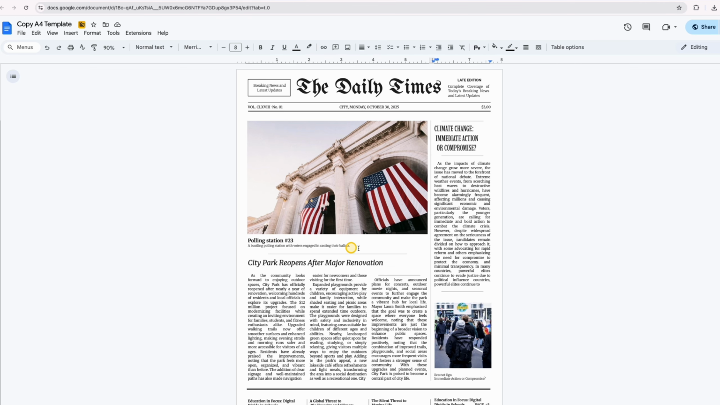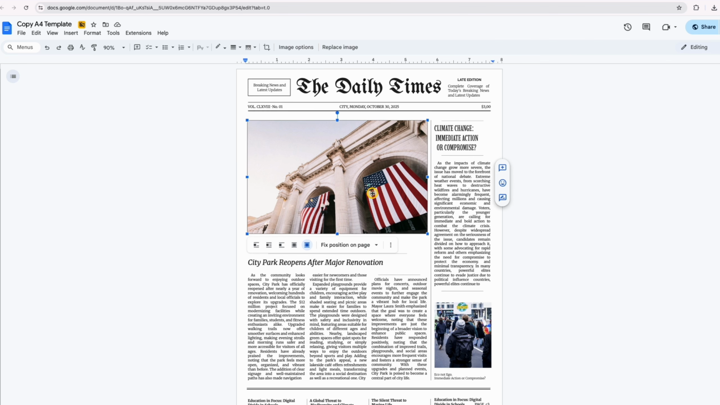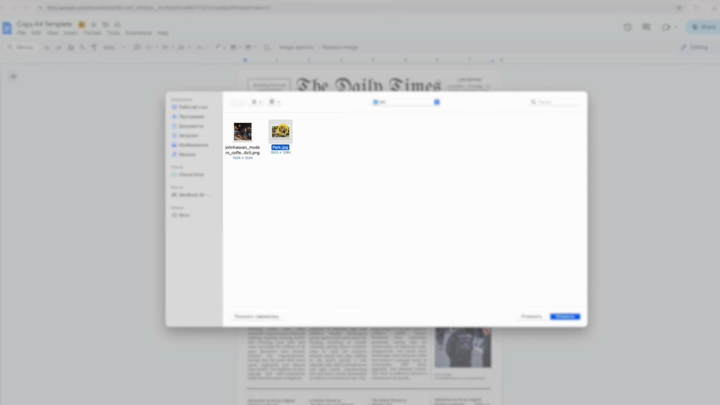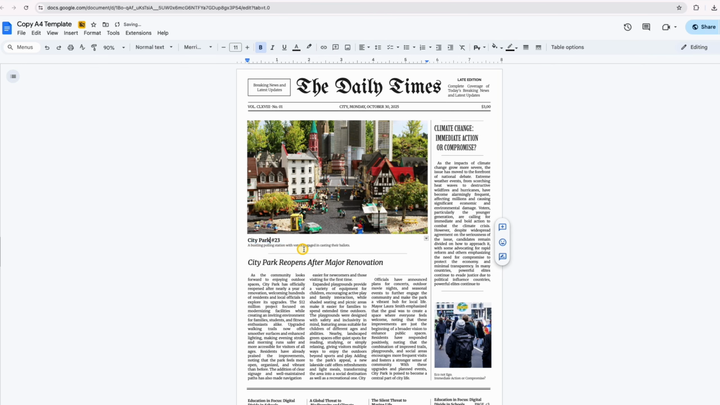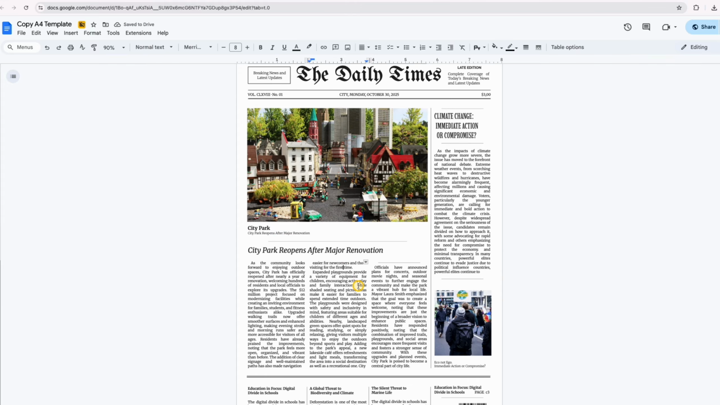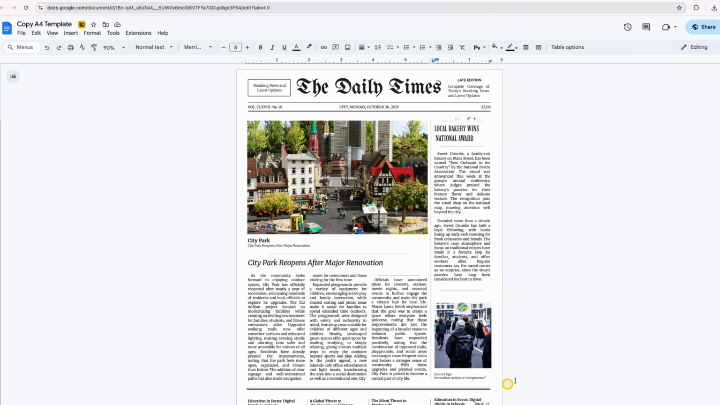Now let's change the main photo for the article and the caption below it. I left-click on the photo, click Replace Image in the upper corner, and upload my photo from my computer. You can also take a picture from your computer, Google Drive, or even from a search. Docs adjusts the size itself, so you don't have to move anything manually. Everything will fit perfectly. You can change the article on the right and the photo accompanying it in exactly the